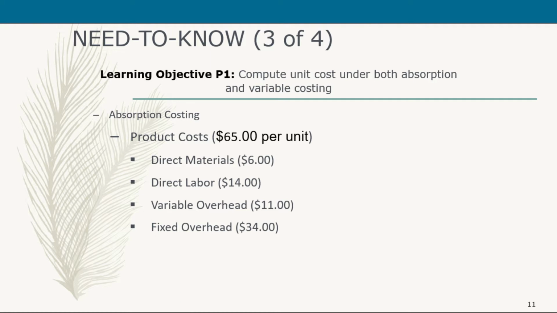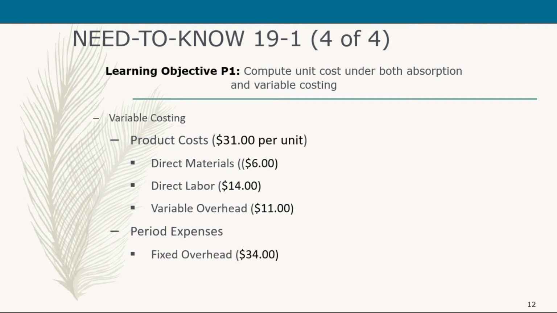So that gives us a total of $65 per unit under absorption costing. Okay, now under variable costing, your product cost would only include the related variable costs, right? So what are the variable costs under product cost? It is your direct material amounting to $6, your direct labor of $14 per unit, and your variable overhead cost of $11. So when we get the sum of all these three items, it will give us your product cost of $31 per